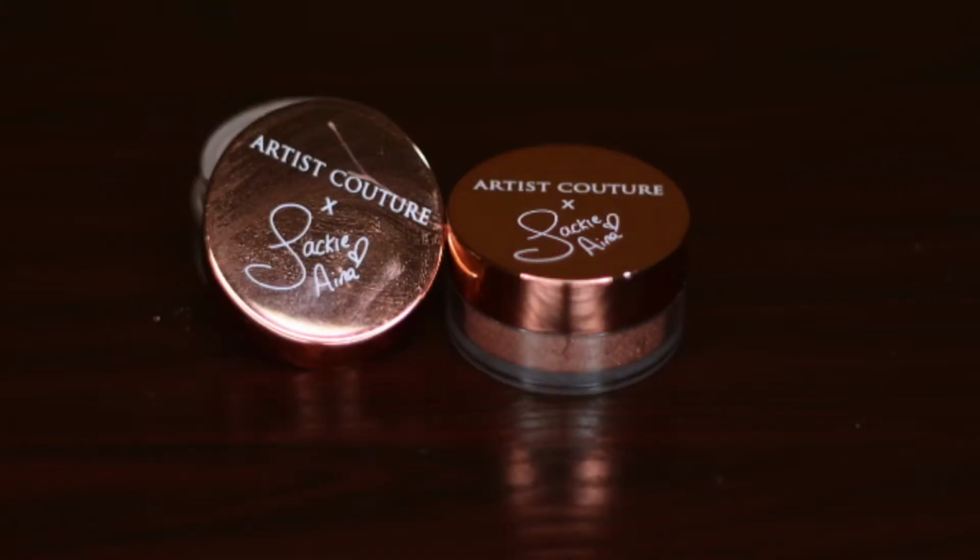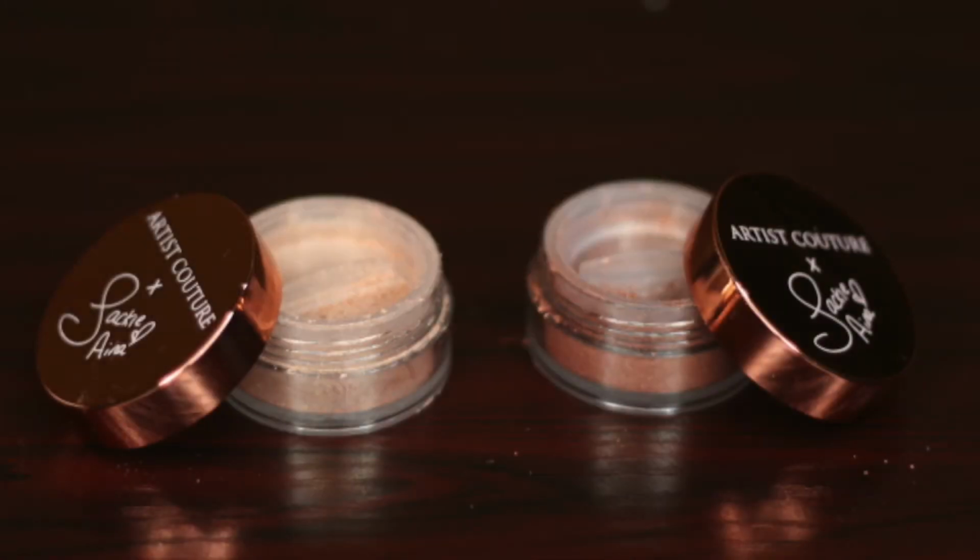So she released two highlighters. One is called La Bronze and one is called La Peach. They were released as singles and they were also released in a bundle. I believe this product launched on Christmas Day last year, but I pre-ordered it, I believe, on the 15th of December or so, and I was able to get my product shipped down to me in Nigeria after they were